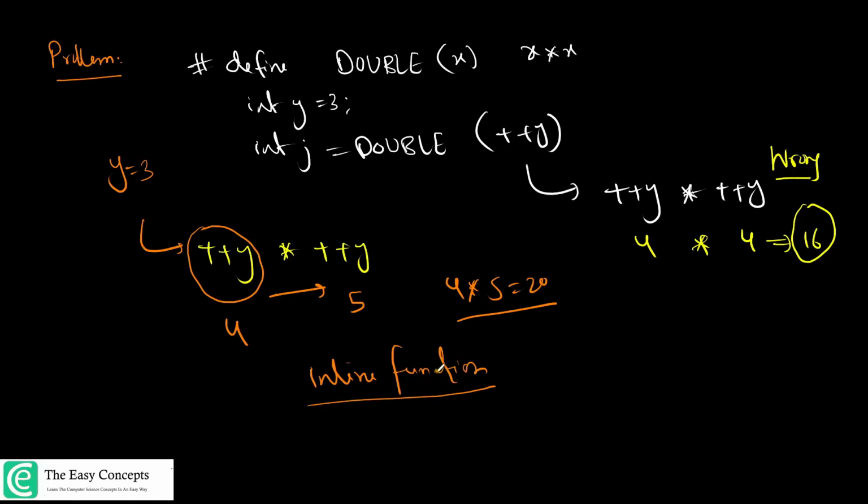Okay, so this problem will not occur if you implement this thing as an inline function. So you are already aware of the side effects of macros. An inline function will evaluate its arguments once, so any side effects of the evaluation happen only once. Okay. So try implementing this thing using an inline function. Alright. Let's solve another problem.